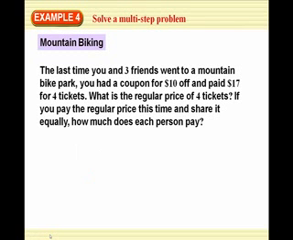Okay, example 4, solving a multi-step problem. The last time you and 3 friends went on a mountain bike park, you got a coupon for $10 off and paid $17 for 4 tickets. What is the regular price of 4 tickets? If you pay the regular price this time and share it equally, how much does each person pay? So we go regular price. In the book they're using P to stand for regular price, minus your $10 coupon